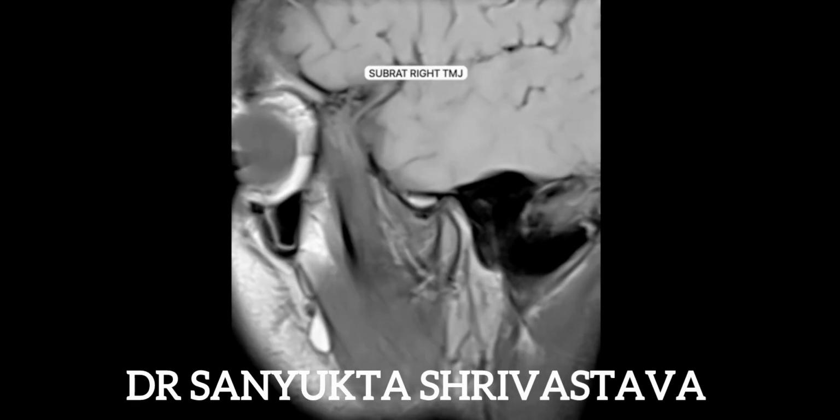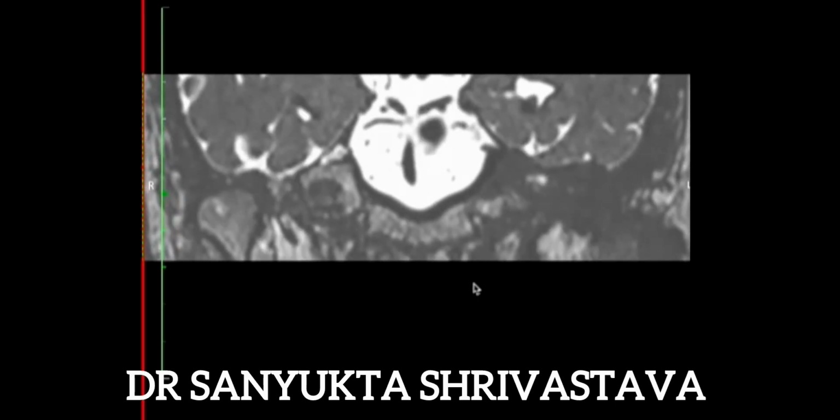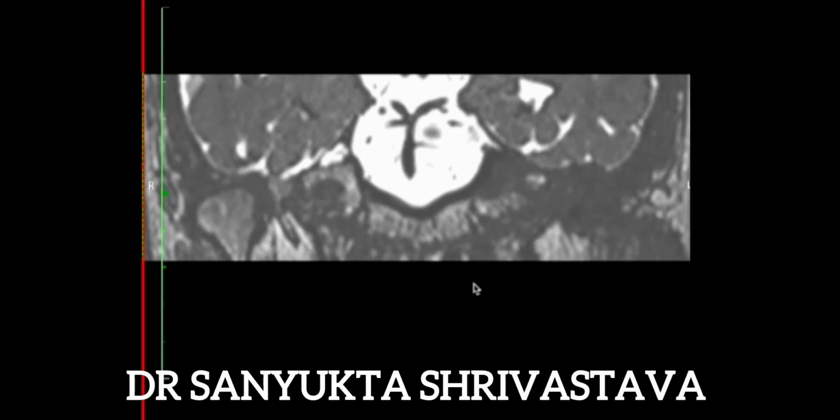To make out whether it is medially or laterally displaced, we need a coronal section. So here's the coronal section. The coronal sections show the disc sitting over the condyle like a cap. First, I am showing you the coronal section of the right temporomandibular joint of this patient. The arrow will show a region of subarticular bony erosion that is whitish in appearance.